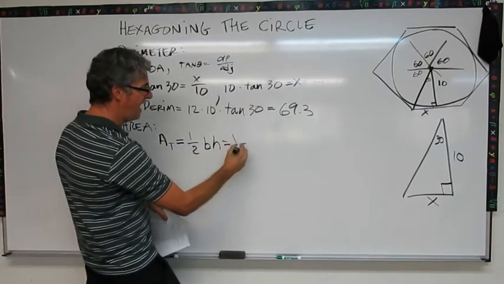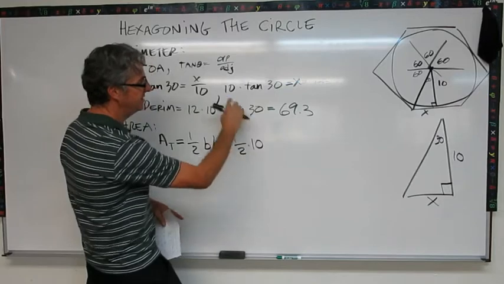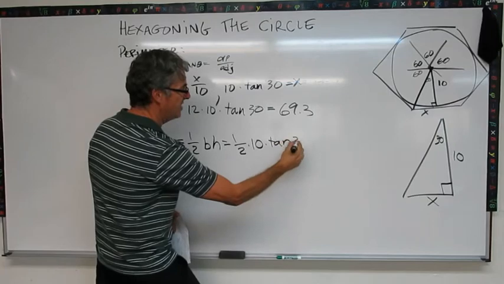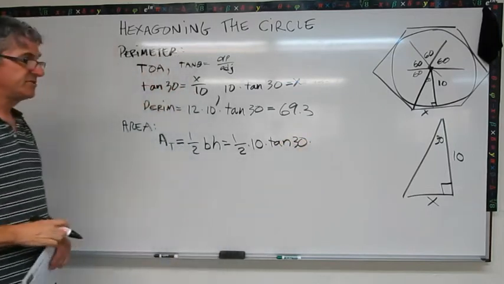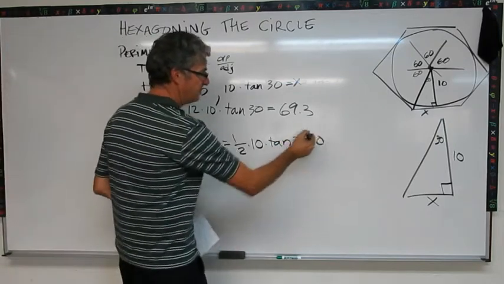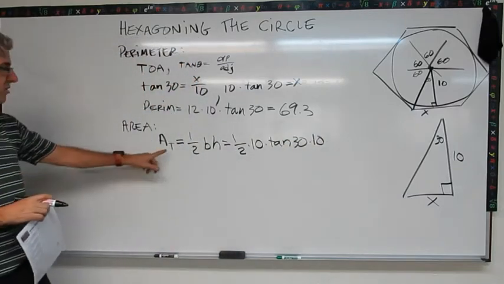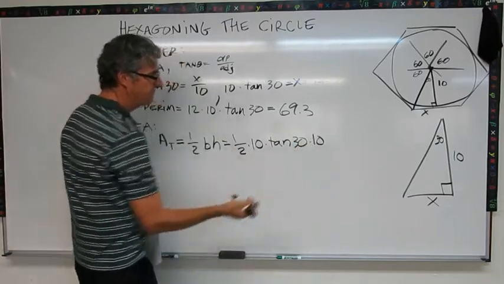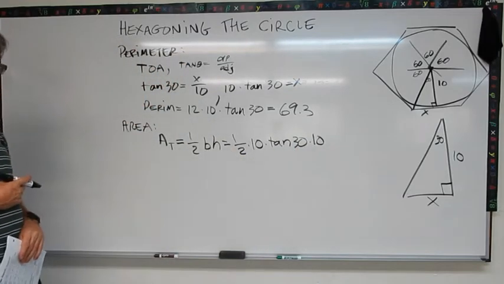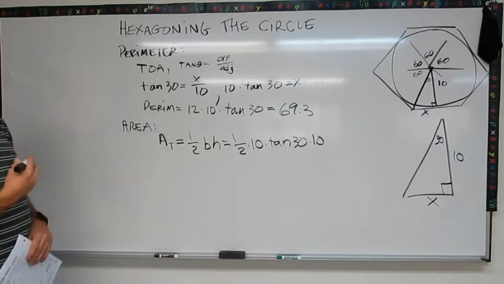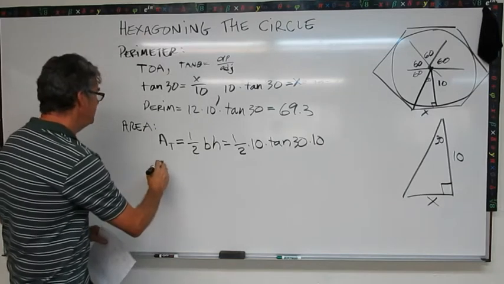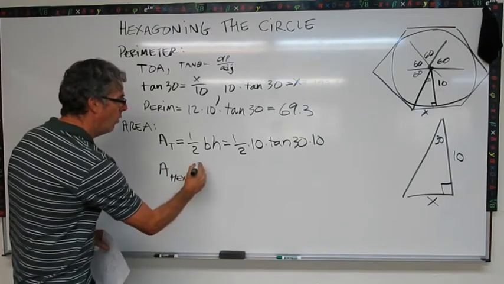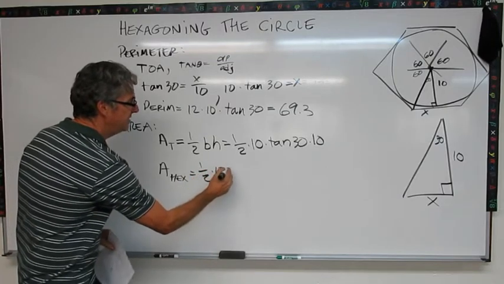So it's 1/2 times 10, because here's our base, times tan 30, times our height, which is also 10. Okay? So now I know the area of my little triangle is 1/2 times 10 times tangent 30 times 10. Now how many of those little triangles do I have in my entire hexagon? It's 12 again. So now the area of the hexagon is going to be 1/2 times 10 times tan 30